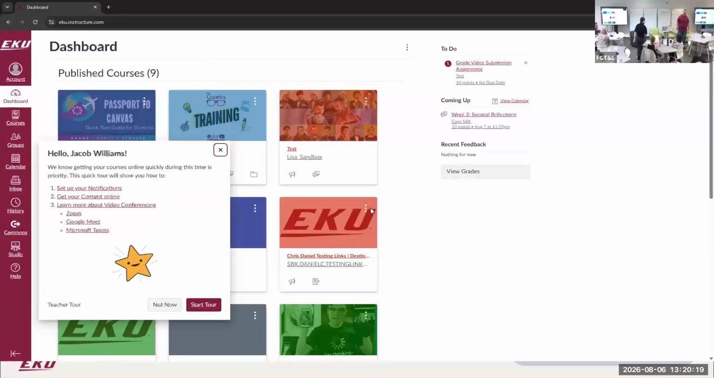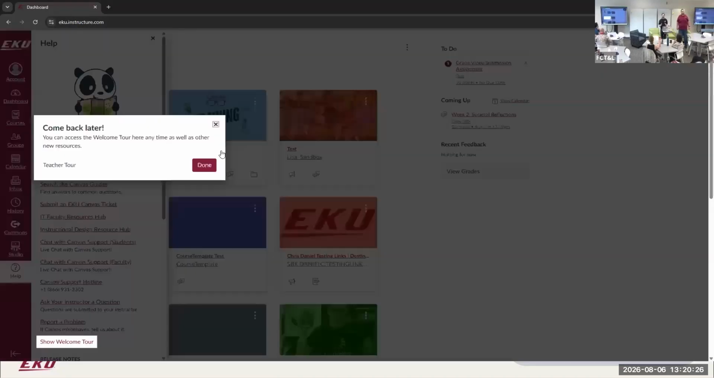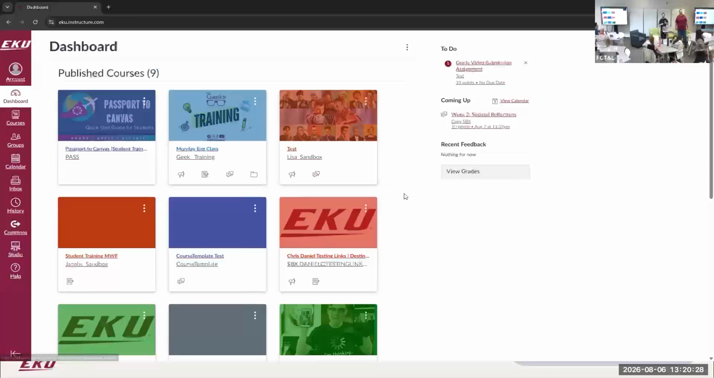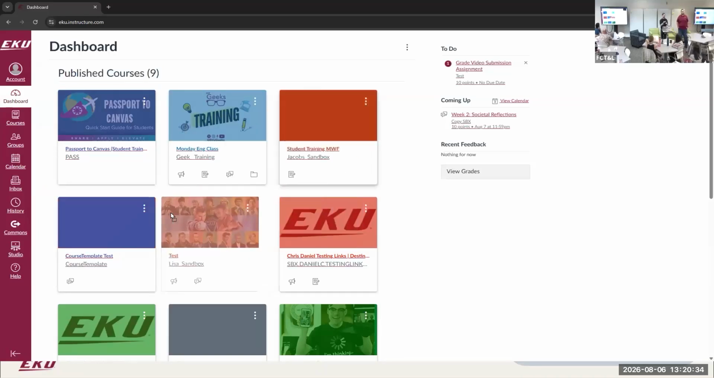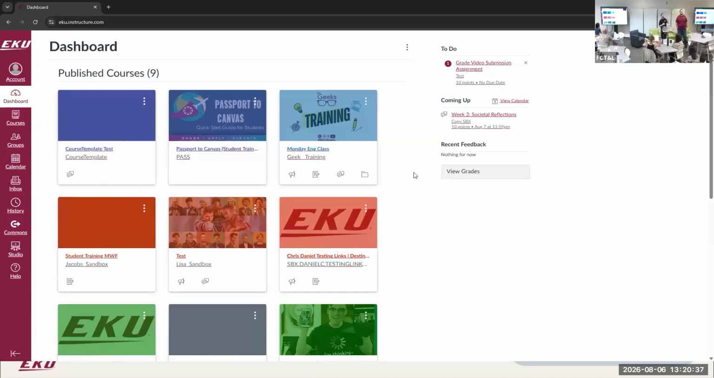All right, so when we first log in, it's going to take us to our dashboard. Our dashboard is going to contain a collection of our courses. By default, at the very top, it's going to have our published courses. We can click and drag those around if we want to by clicking any of the boxes and dragging them about. And if we click those three little dots in the top right corner,